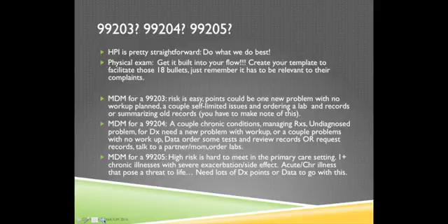For a 204, you're going to need a couple of chronic conditions. That's pretty easy to do in our practices. Managing prescriptions, depending on what state you're in. An undiagnosed problem or diagnosis of a new problem that you're going to need to order lab work and work up, or a couple of problems that you don't need to work up. So these are the combinations that you need to create, and you can look back at the audit tool to make sure you're getting to those point systems, but not overly complicated. And one of the reasons I have my front desk tell people, if you have old records or your most recent labs, bring them in with you, is because I automatically get 1 or 2